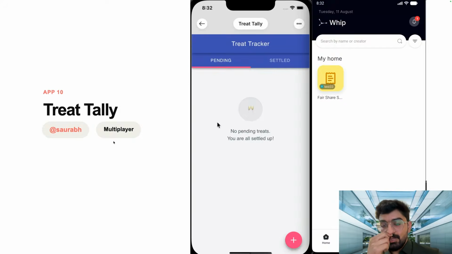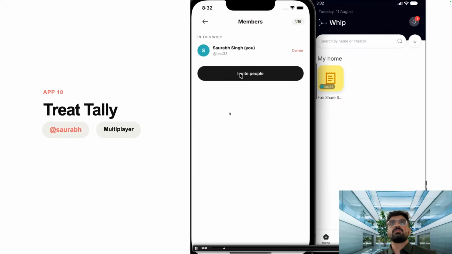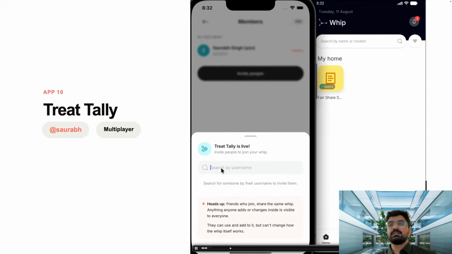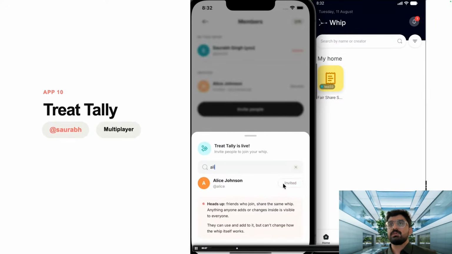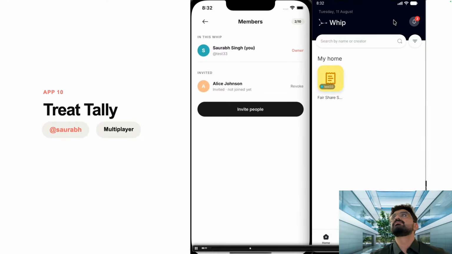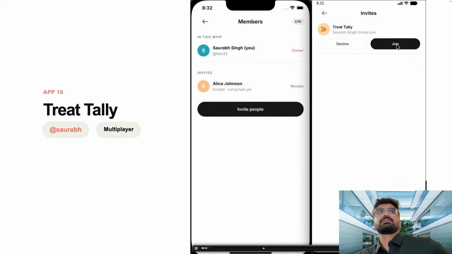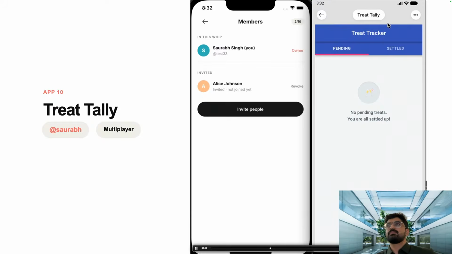Next, we also have support for multiplayer. So here you'll see phone one, it invited phone two, right? So here they have been invited to this treat tally app. All right.